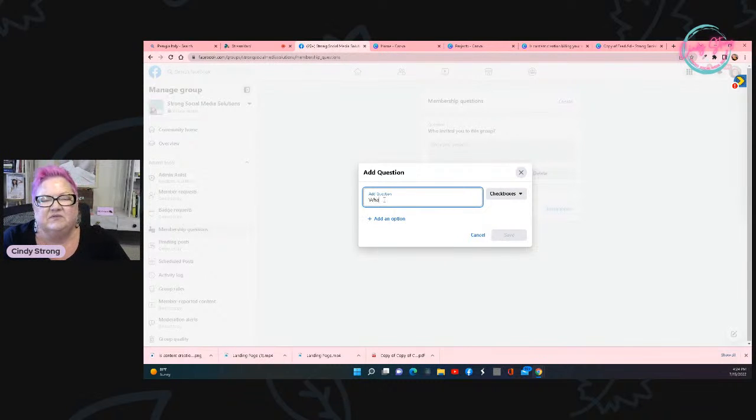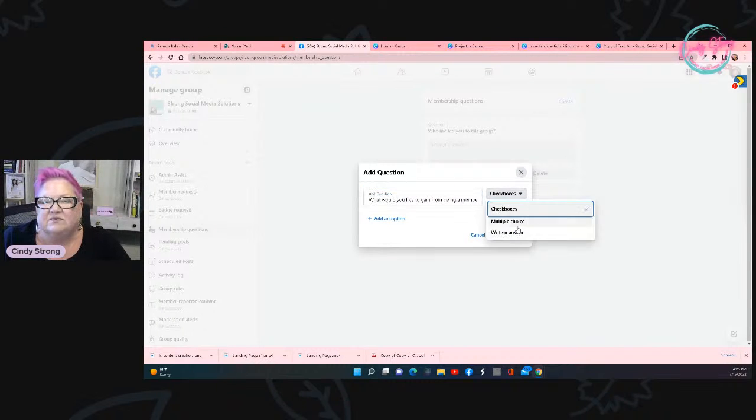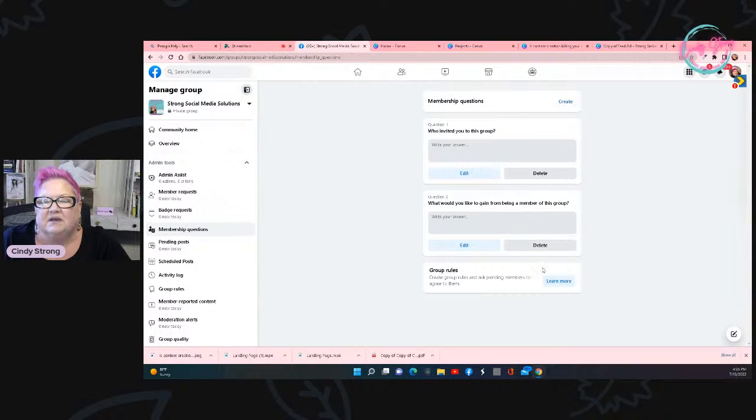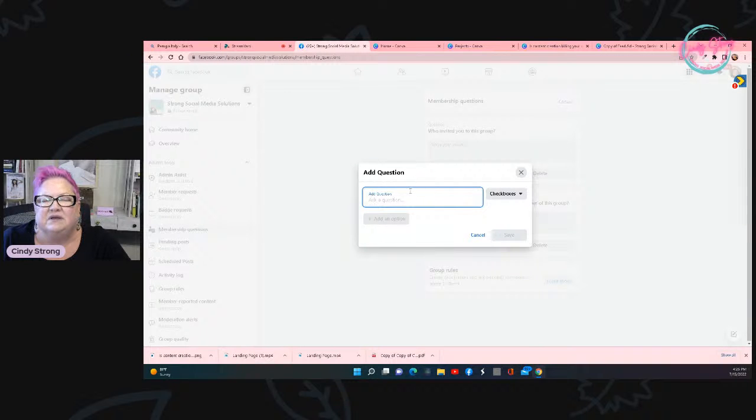what would you like to get from this group? Gain from being a member. That sounds more, what would you like to get from the group? It sounds a little bit better. Being a member of this group. Okay, and then it's not going to be check boxes. It's not going to be multiple choice. It's going to be written answer. Hit save. And then the third thing should be